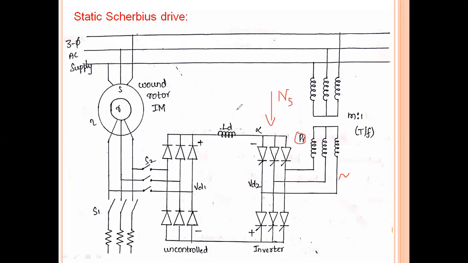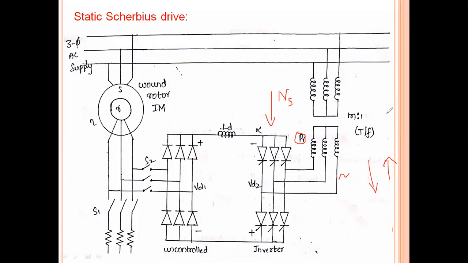And you can see the circuit diagram. The power difference between the input power is the difference between motor input power and the feedback power. This is only for active power. But however, if we consider the reactive power, the output will be the summation of motor reactive power and the inverter reactive power. So the active power is decreasing because of the difference between the active powers, but the reactive power is increasing because of the summation. So active power is decreasing and reactive power is increasing.